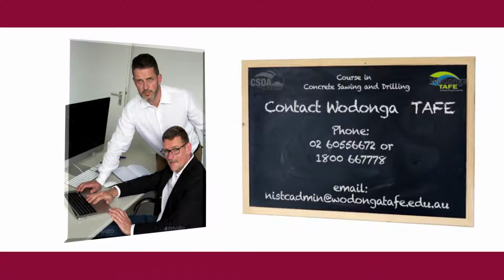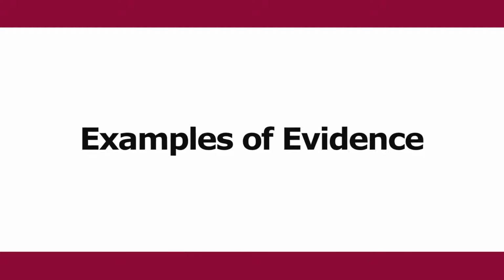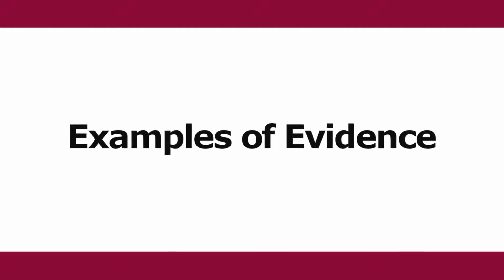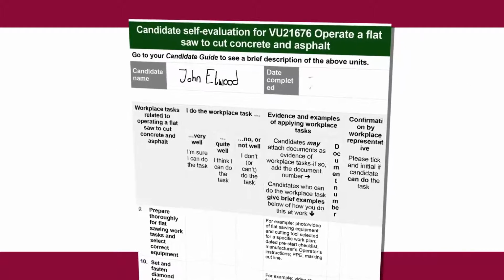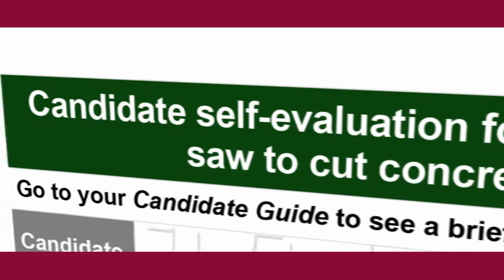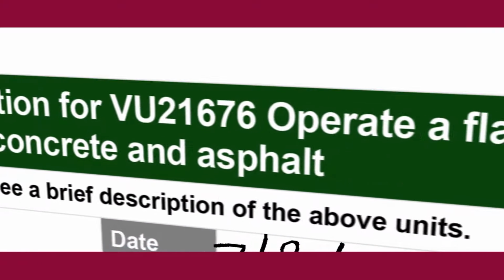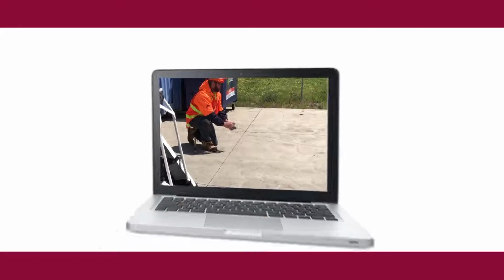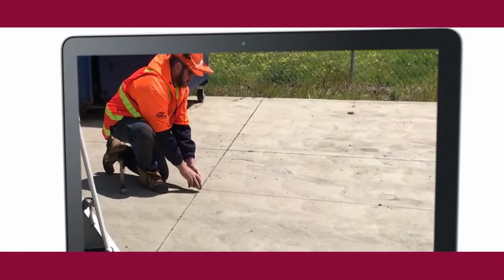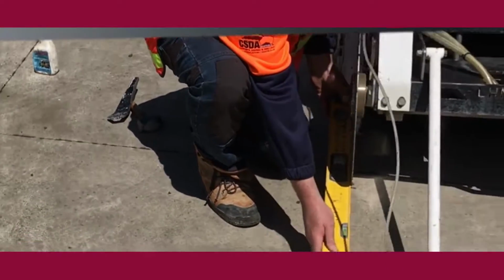We now look at examples of evidence that you may choose to provide to your assessor to demonstrate your competence. You'll gather this evidence when completing your self-evaluation for each unit. We will use the unit "Operate a flat saw to cut concrete and asphalt" as an example. The evidence you'll provide the assessor should include a video of you conducting all aspects of a flat sawing task, such as preparing for the task and marking the cut line,